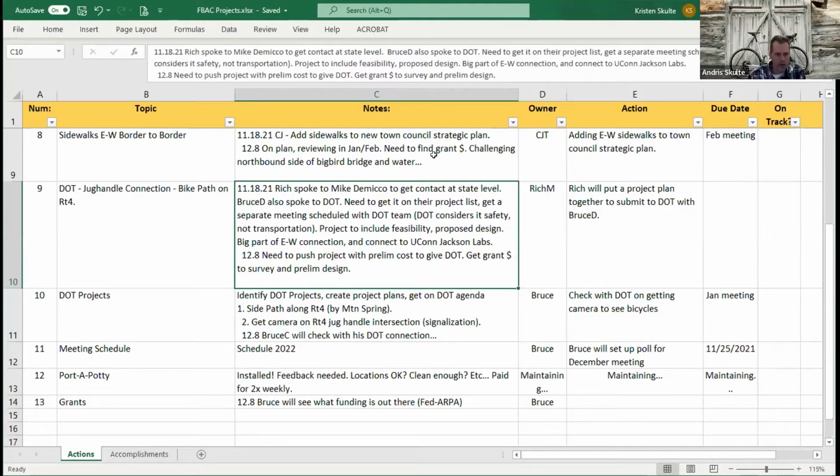So that's where we've got to get our project lists, our preliminary project proposals together, if at all possible. Yes, that's right. Now there's another conduit,